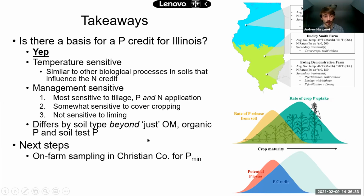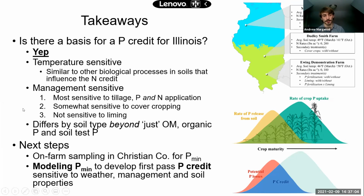So the next steps here is that we're going to go out into the real world. I've talked with Len and Jack already. We're a little bit delayed, sorry about that, on doing some on-farm sampling across this diversity of real world contexts. So now we're going to go back off of these research trial sites and look at real operating farms that have different kinds of practices and histories, trying to parse out under that complexity, what does the P credit look like? So what we hope to get from this in the next 6 months of this project wrapping up